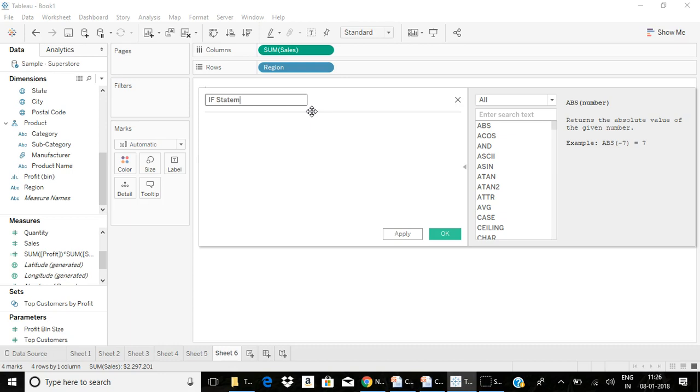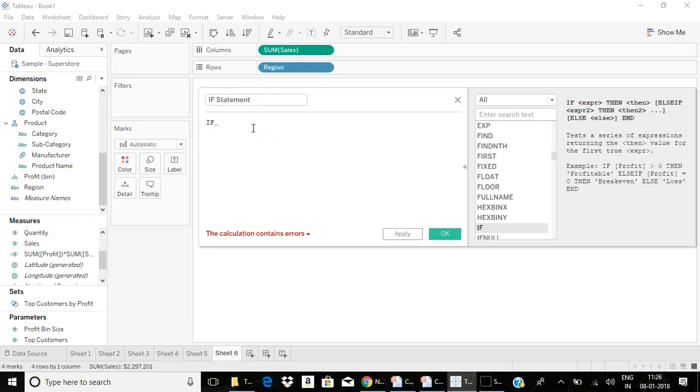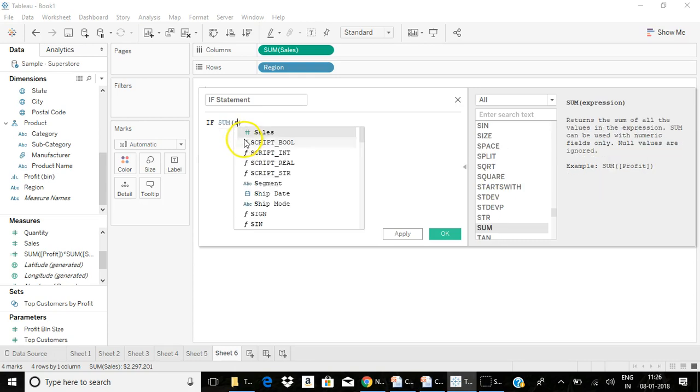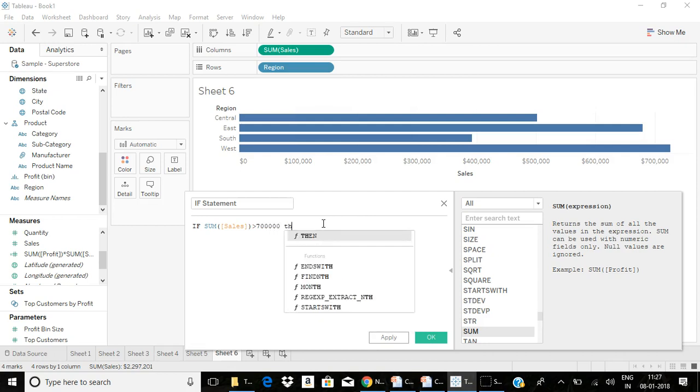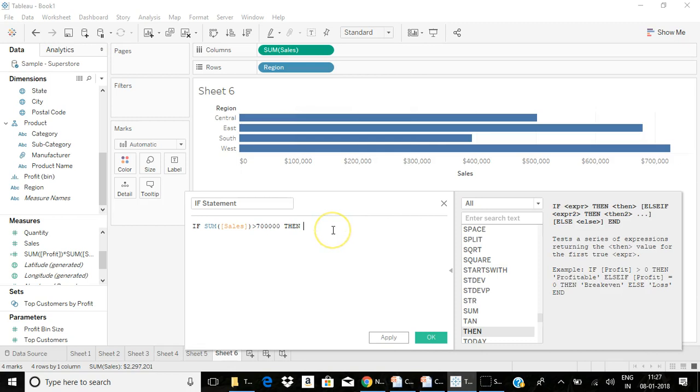I'm using an if statement. An if statement will test a series of statements and return the corresponding results. If sum of sales greater than 7 lakhs, then let me put it as good.